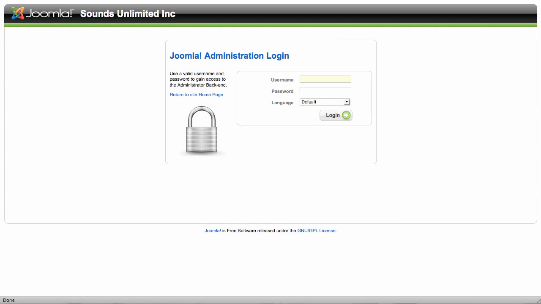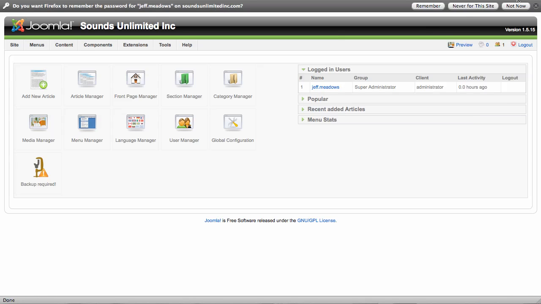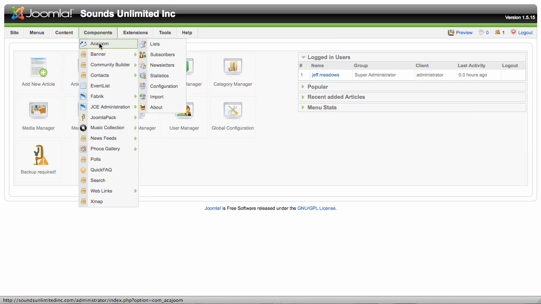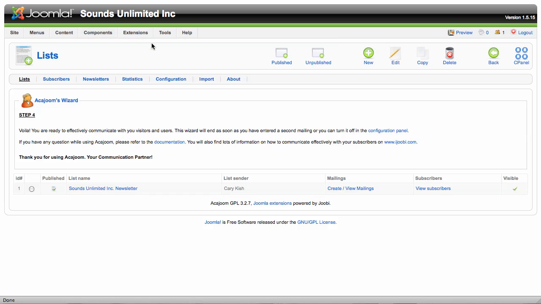This tutorial will help you get started using the Acajoom newsletter system that we often install for clients. We're going to start by logging into the administrative back end. Once we've done that, we head into the Acajoom area, and we're going to start by making sure that we